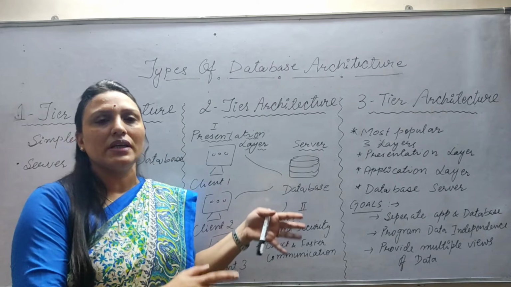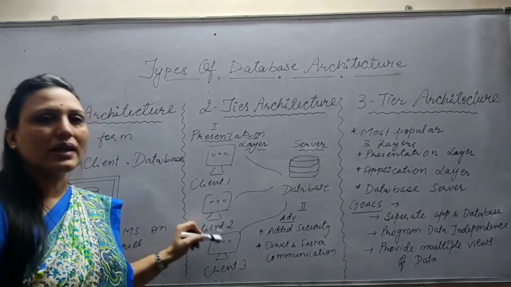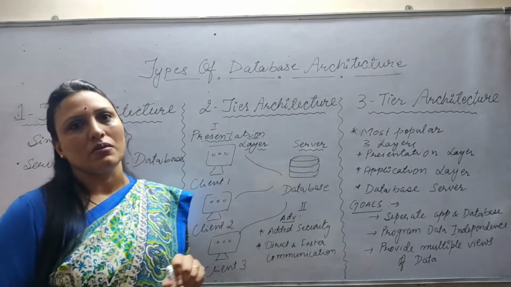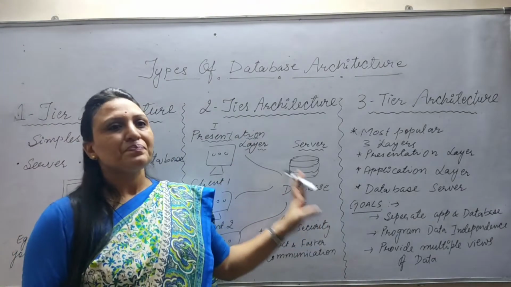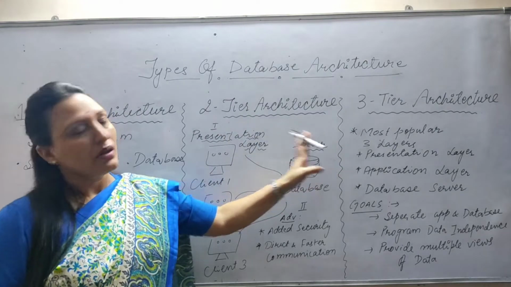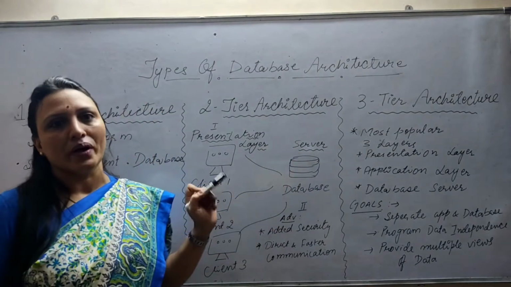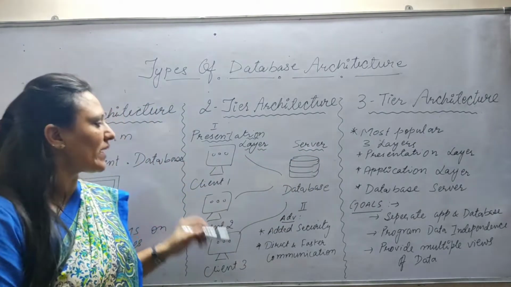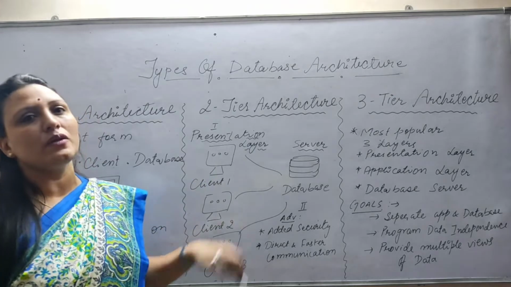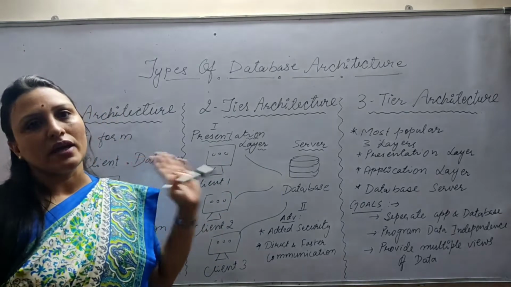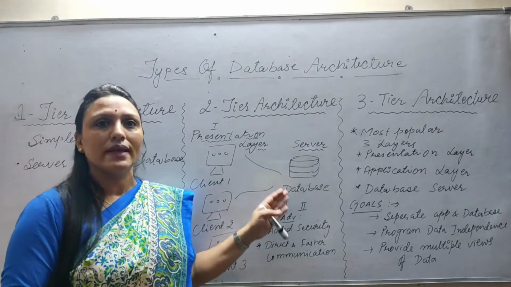For example, the university database, from where the colleges extract the data. College 1, College 2, College 3 are extracting data from the university database. So this kind of architecture, where the architecture has been divided into two layers, is called two-tier architecture. The advantage of this architecture is that the database is separately stored on the server, so it has added security, since it is not directly available or visible to the end users. End users can access whatever information they need, as and when needed.